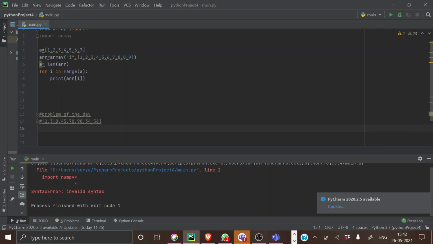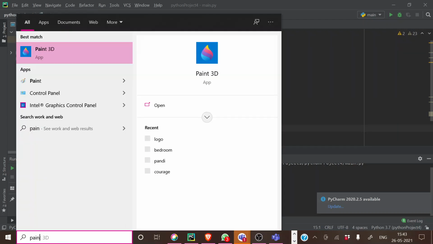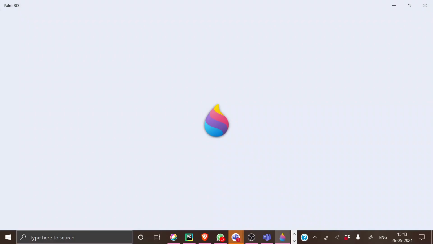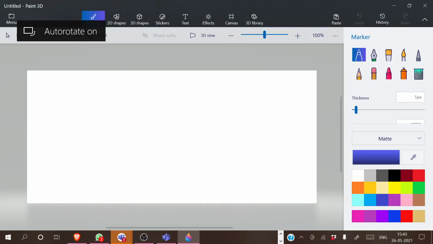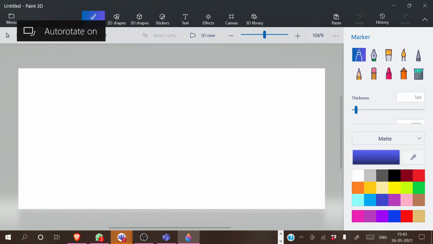So first I will explain how the algorithm works which we are going to do. Then I will print. Then we will go into the code. So the problem statement will be.